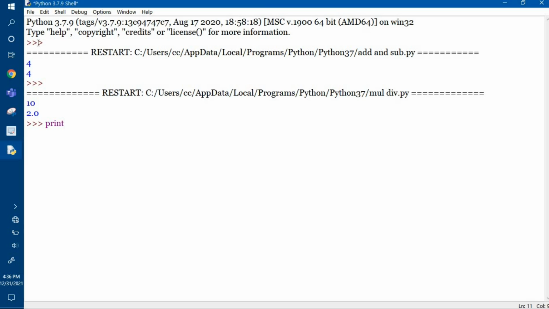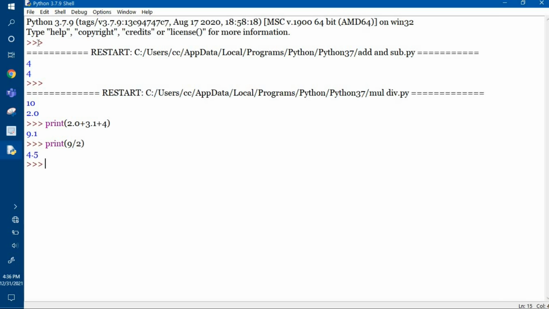I write here print, then write 2.0 plus 3.1 plus 4. Note that here are two floating point numbers, whereas one is a non-floating point number, but still it will provide us output as floating point number. We can see that our output is 9.1, and we can also generate floating point numbers by using division. I'll divide 9 by 2, so the output is floating point number.